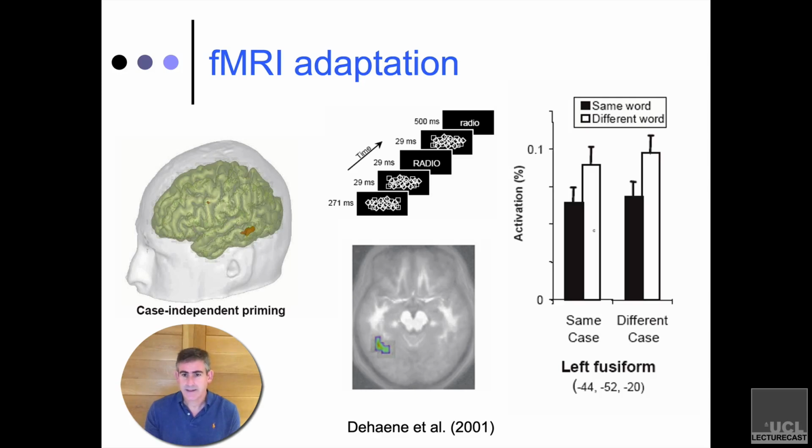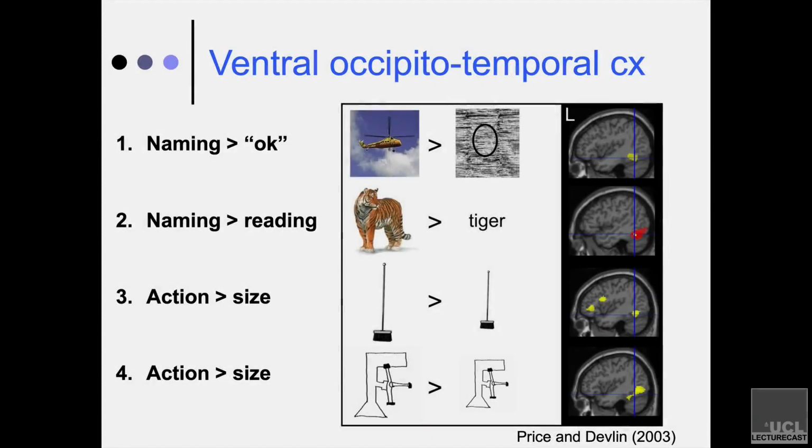It doesn't mean that this is an area that's dedicated to reading, right? So let me just give you another conjunction design. This is one that Kathy Price and I did, again, years and years ago at this point. But these are 4 contrasts, all of which activate that same part of the brain, even though none of them